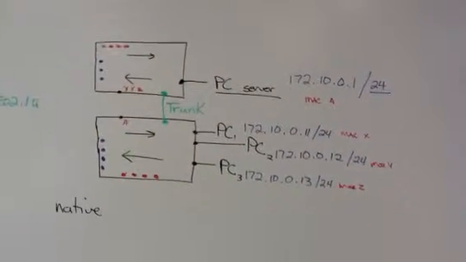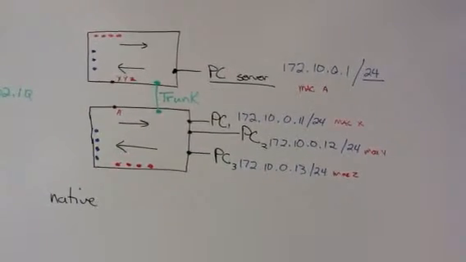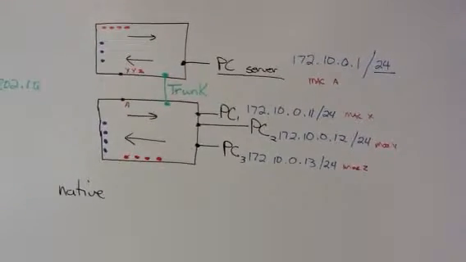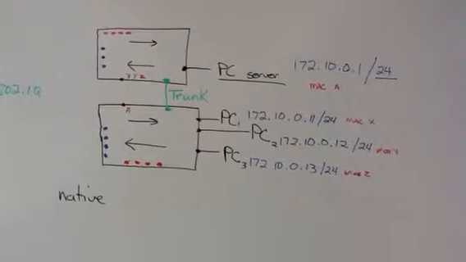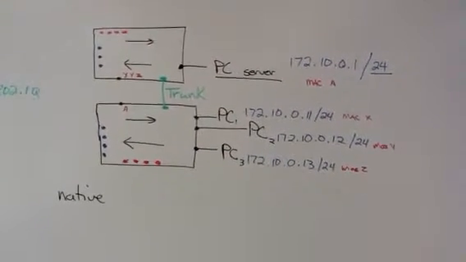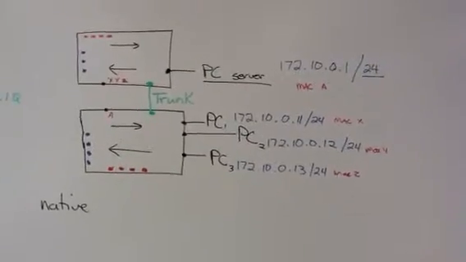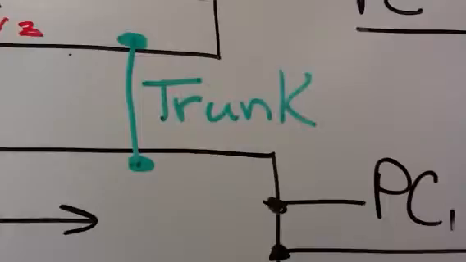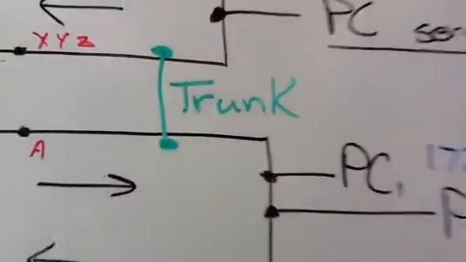Then we talked about what happens if we put those two switches together and we created VLANs on them. We had a black VLAN, a red, and a blue. And then we talked about how we could connect the VLANs together to communicate between the switches. Eventually we talked about how we can create a trunk between them, and then with